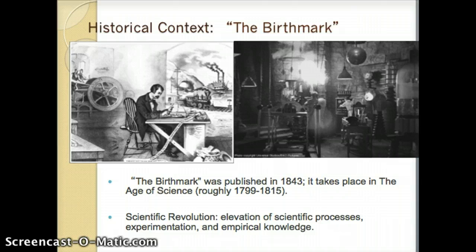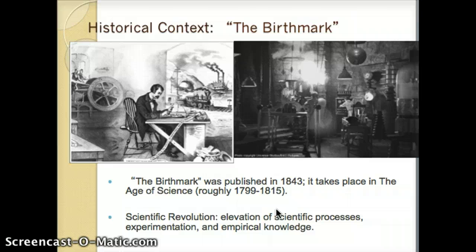So in these illustrations here, you can see at the time that Hawthorne was writing, there's an illustration of the day and age in which Hawthorne could be writing. The Industrial Revolution was going on, so a lot of new discoveries in regards to the technology at the time, steam engines, factories, etc. So his story takes place in the past, but he's also commenting on the nature of human progress and how man is constantly striving to achieve more and more and perfect the natural world through aggressive means to progress and add new technology, new scientific knowledge,